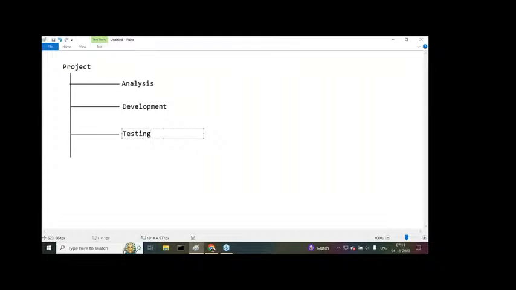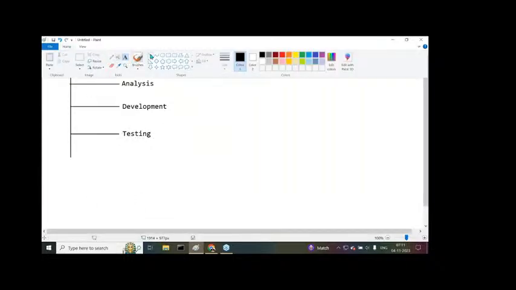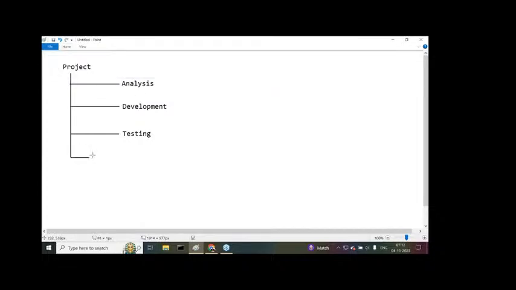After developing the project, we have to test it properly. Without testing the project, we are unable to deliver that project to the customer or to the client. So first we have to test the project, in every corner. If it is good, then only we will deliver that project to the respective client. Testing is required. After testing, submitting the project to the respective client and providing some support to the client after submitting